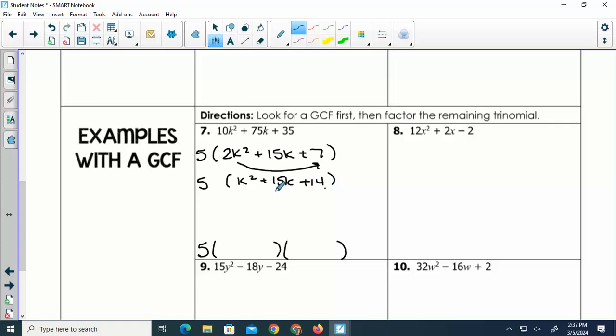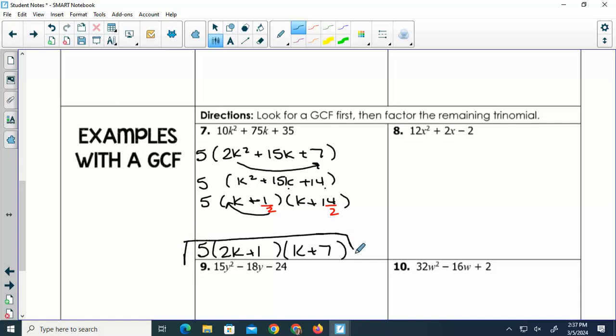Okay, what multiplies to 14 and adds to 15? 1 and 14. And then what do we do? So 1 over 2 doesn't reduce, so we slide the 2 in front, so 2k plus 1. 14 divided by 2 is 7, so there's no denominator, so it's just k plus 7. Okay, so greatest common factors, just like in the other problems we've seen, they stay in